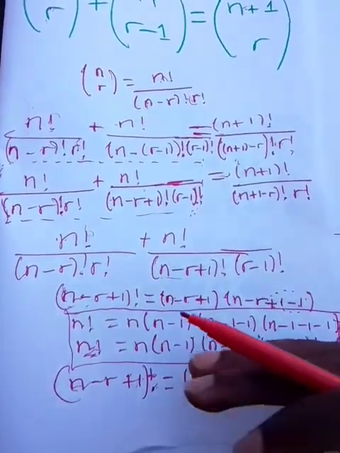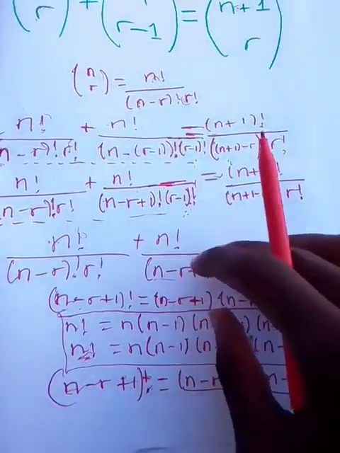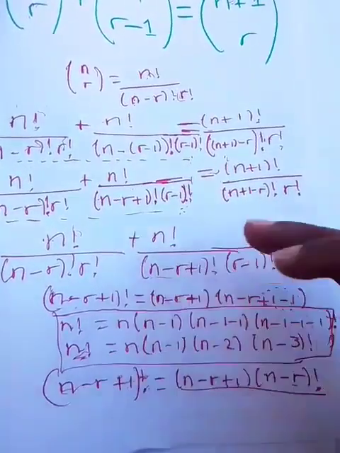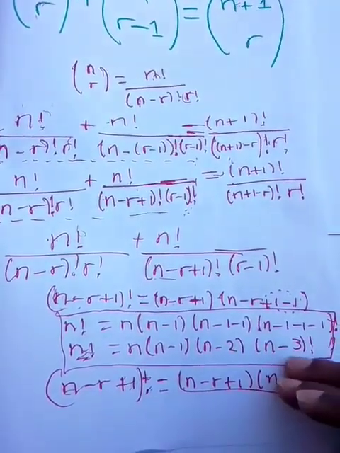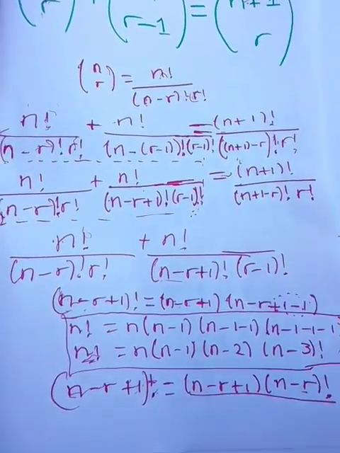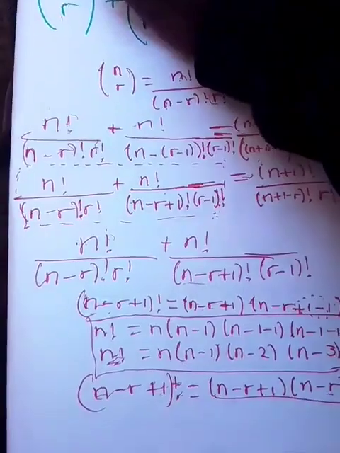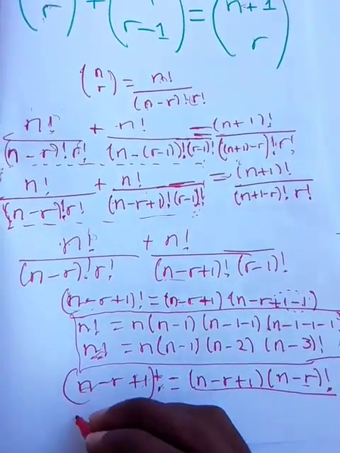Okay. Our goal here is to at least have some things that are similar on both sides so that we can factor them out. That's the goal. That's the purpose of doing all this. Now, what else do you think can be broken down? What else? The other thing that we can break down here is